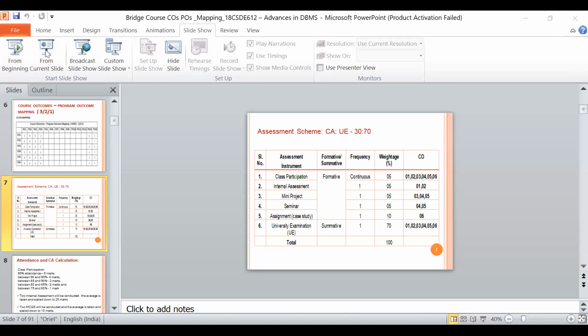Yeah, can you able to see the PPT screen? Yes. The screen is